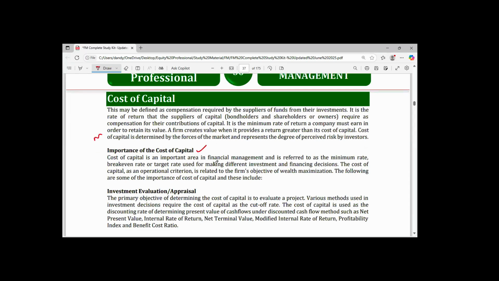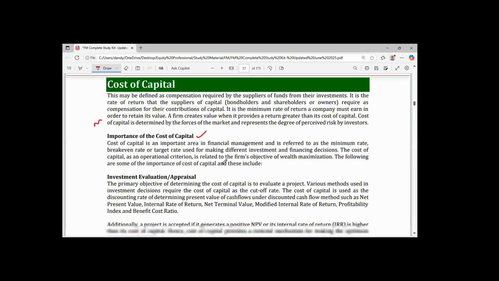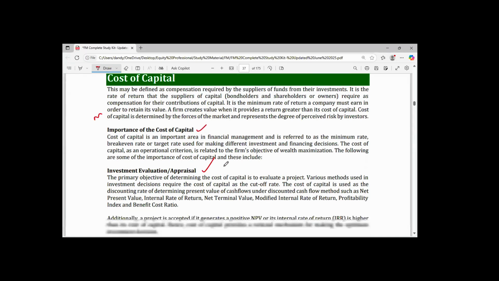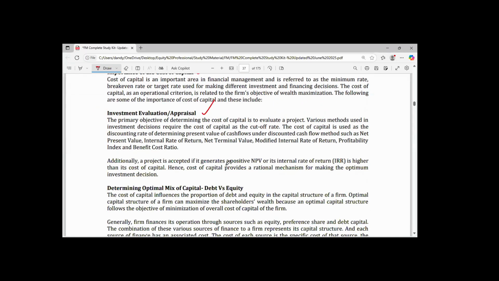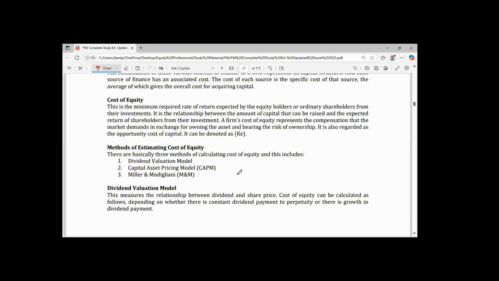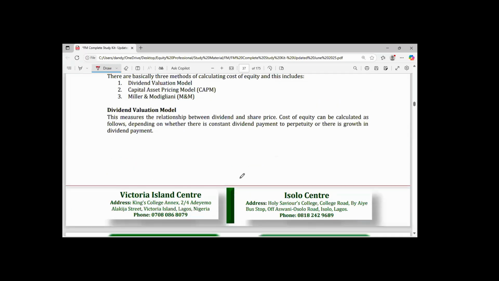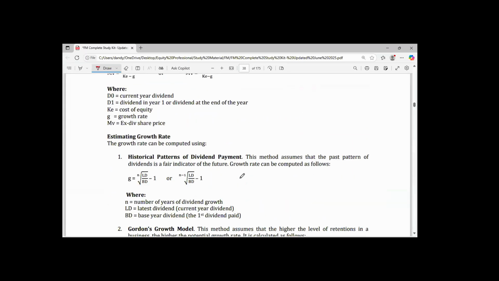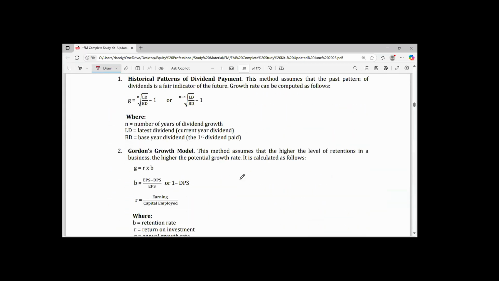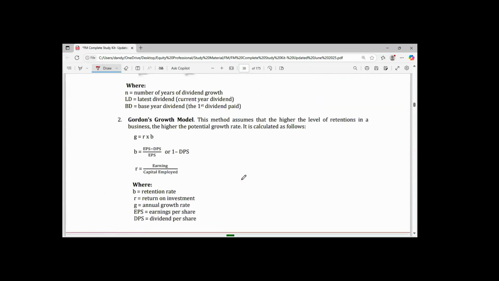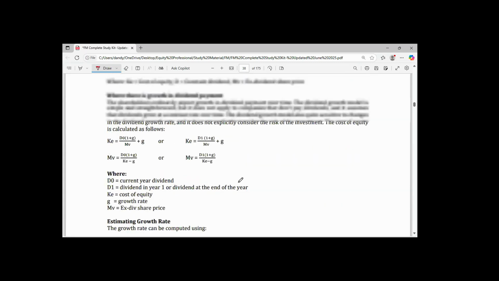When this material is shared with you, please ensure you go through all of those things I've discussed with you earlier today, so you get additional information there. I just want to be sure of what I've covered so far. All right, we have discussed all of this. That's it. This is where we are going to call it a day.